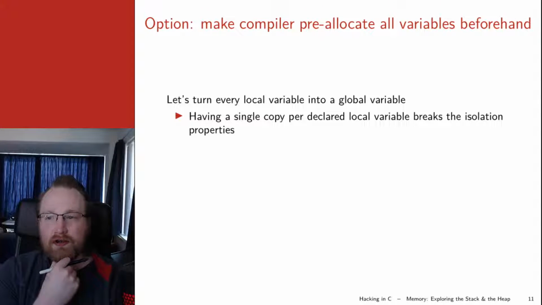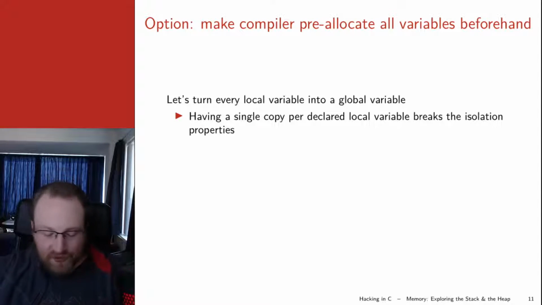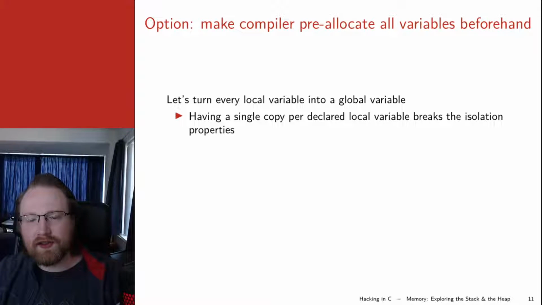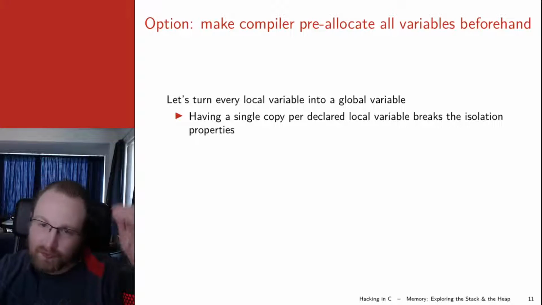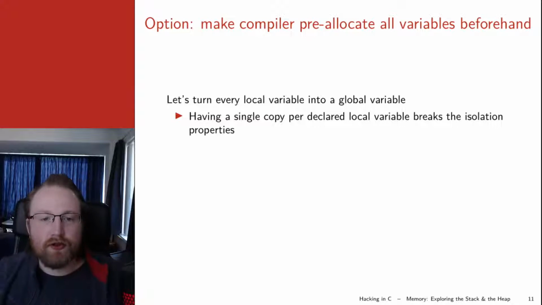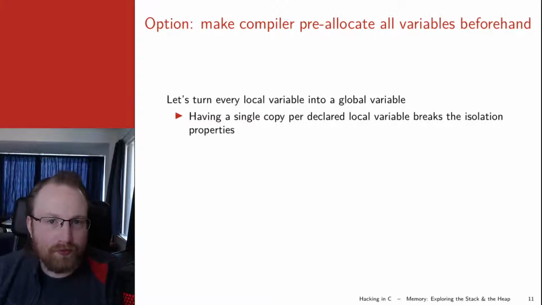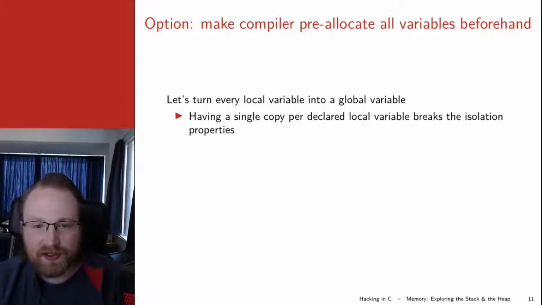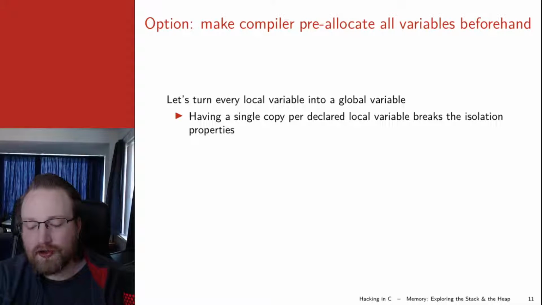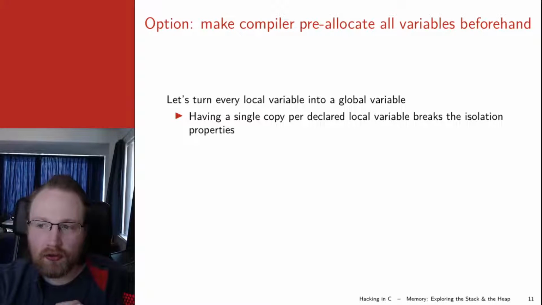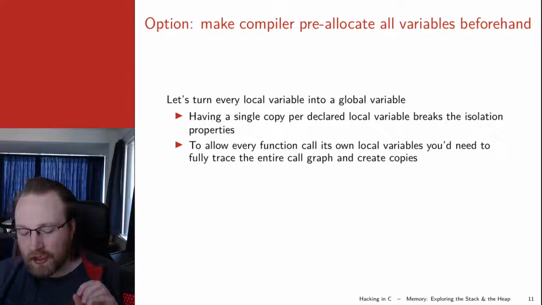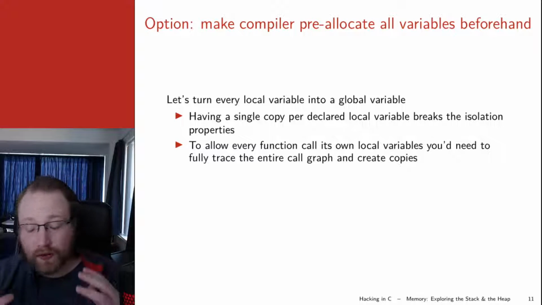So you could just say, okay, we have some memory somewhere, and for every function call, for A you point to those 4 bytes there, and for B you point to those 4 bytes there. That's something you could do, but then you break the isolation properties from previous slides, because then every function could access those variables, and if you call the function multiple times, each call would refer back to the same global variable. So to actually make it work, to actually make a global variable of each variable, what you